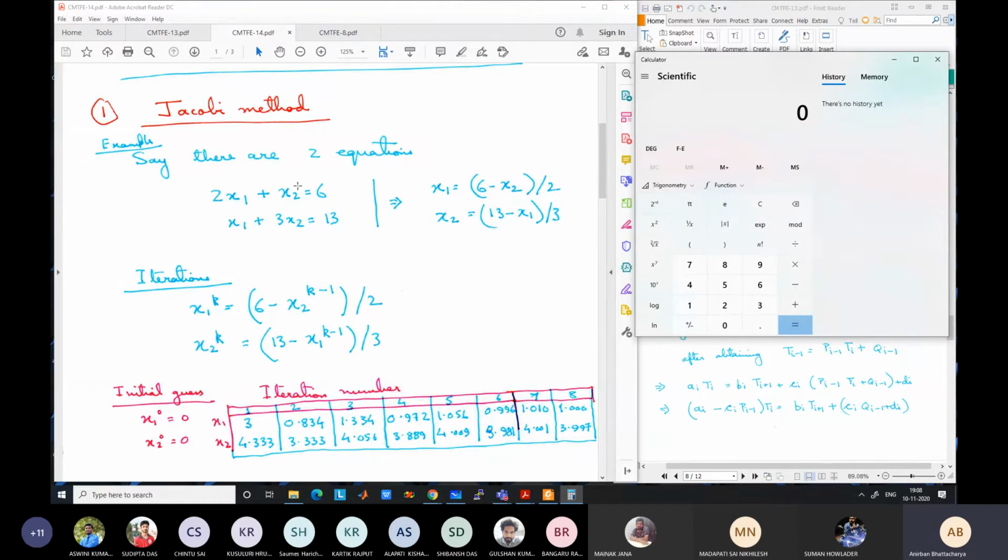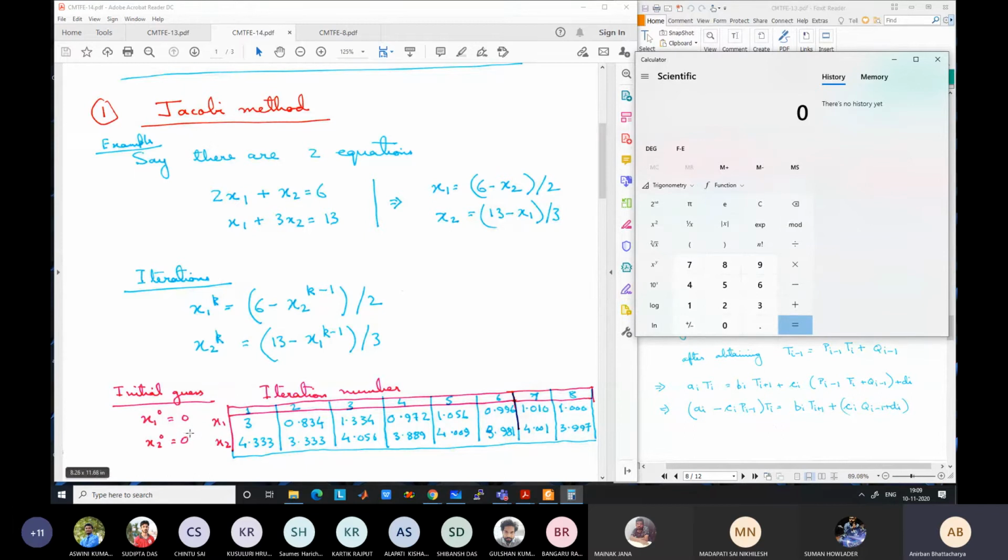So let us try this once, by hand. Actually, you will run a loop in the computer, continuing from k equal to 1, going on so long as the convergence criteria is not satisfied. Once the convergence criteria is satisfied, you will stop at that point. So unlimited number of iterations you do. In practice, we do not do an unlimited number of iterations. I will come to that point.